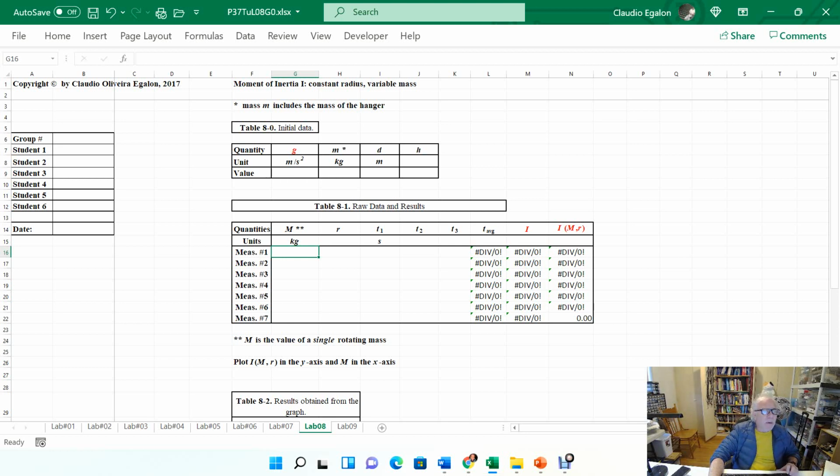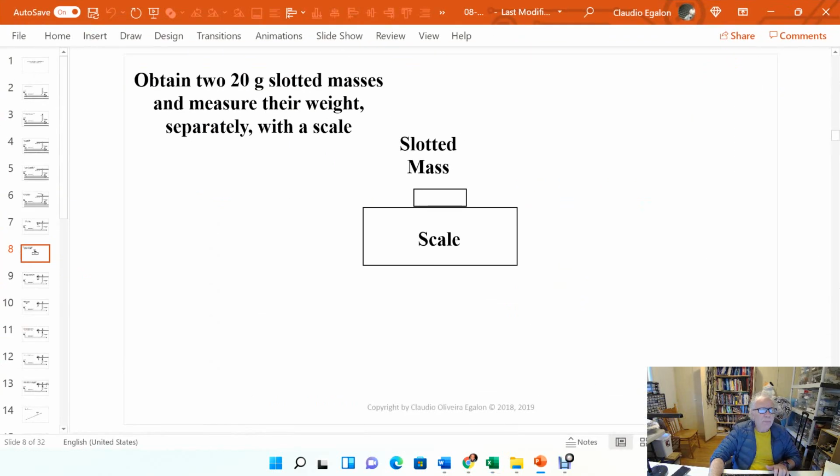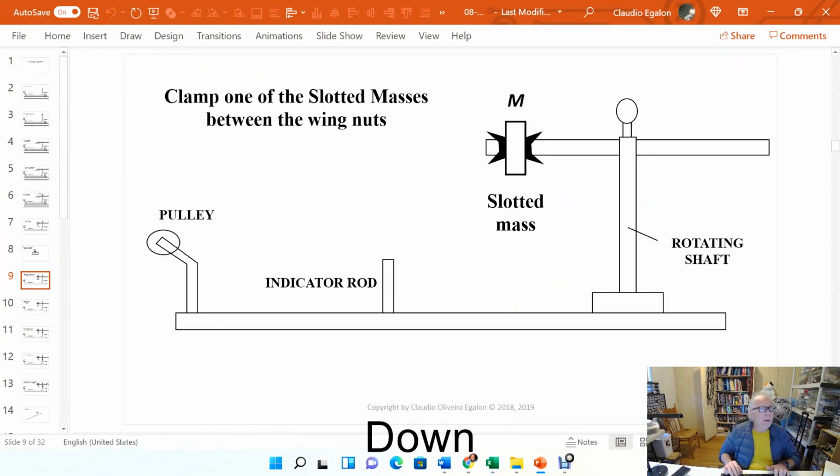So far you have measured the following. You have measured D and M. G, you already know, is 9.8 meters per second squared. You can log in there. Make sure you log the 9.8 here. It's not a measurement, but it's a result that we got from a previous experiment. One of the first experiments that we did there in the classroom. Next, we get the 20 gram mass and we clamp it between the 2 wing nuts